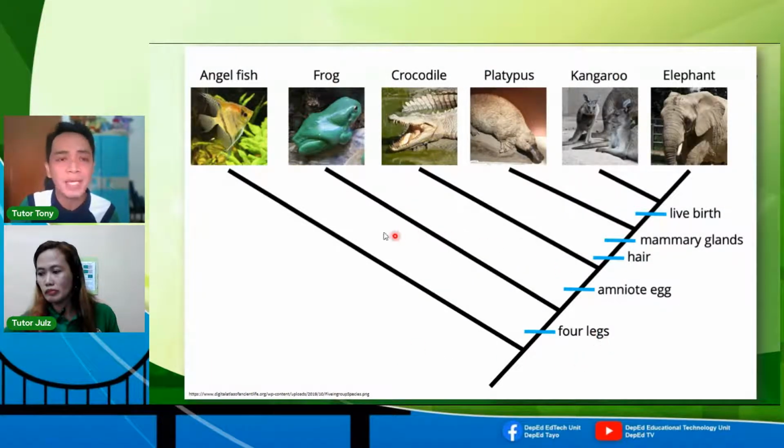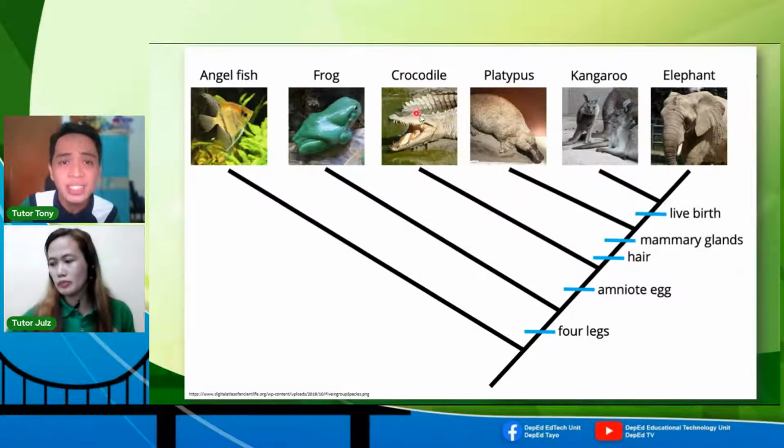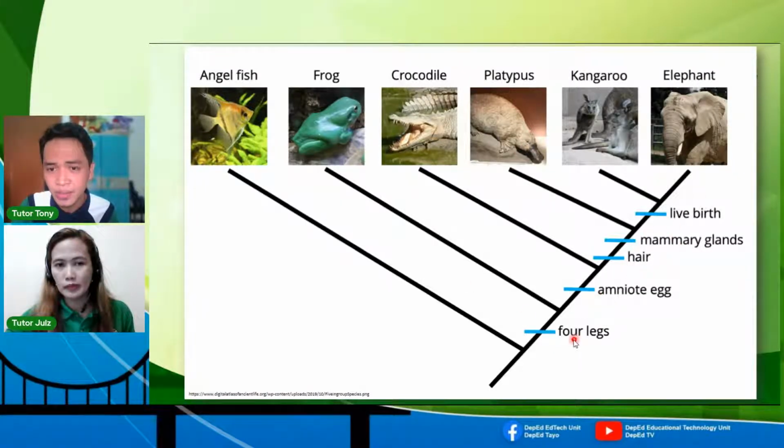So ito naman pinapakita mga vertebrate animals. So from fish, nagkaroon tayo ng mga amphibians, we have reptiles, and from reptiles, nagkaroon tayo ng species ng birds, pero hindi pinakita kasi dito. We have birds and mammals. And if you will notice, ayan, makikita dito, mas detailed to, pinakita kung saan nag-branch out, ayan, on a specific characteristic. Say for example, sa fish, no, ayan, isang branch lang siya. So all the fishes are included here.